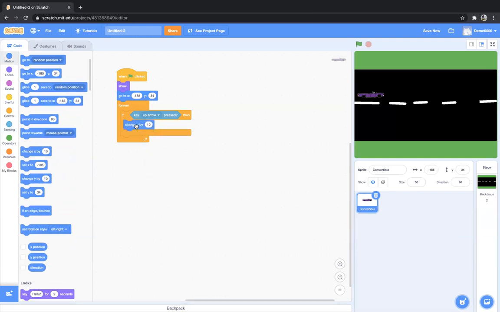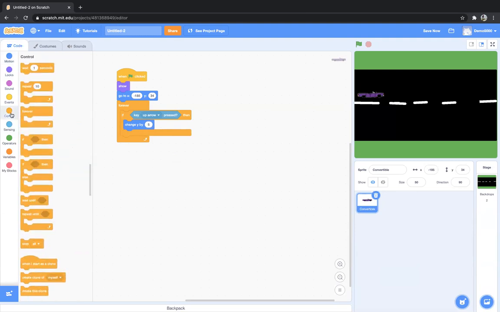Because in the up direction, what is changing? The y axis value is changing. And now instead of 10, you could write any value. So let's say I'll write 5. Up arrow is positive, that's why positive 5. Clear? Now in the same way, we'll code for the down arrow, right arrow, and left arrow as well.